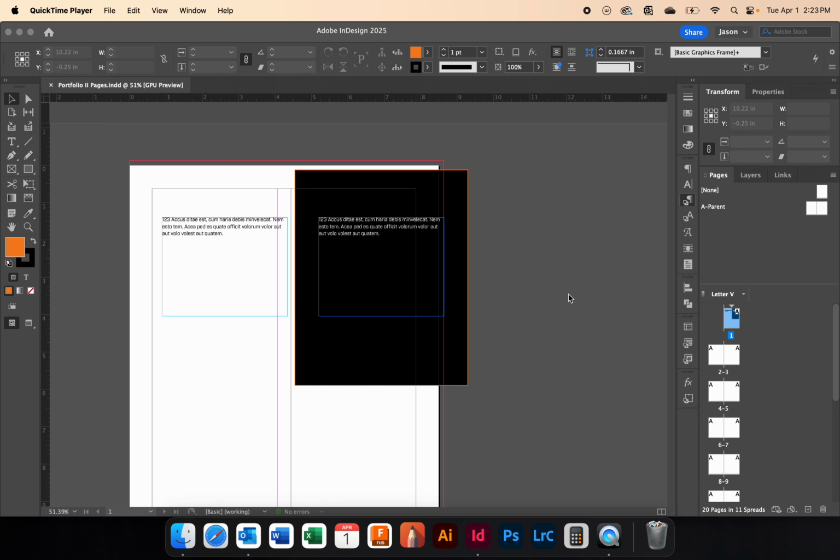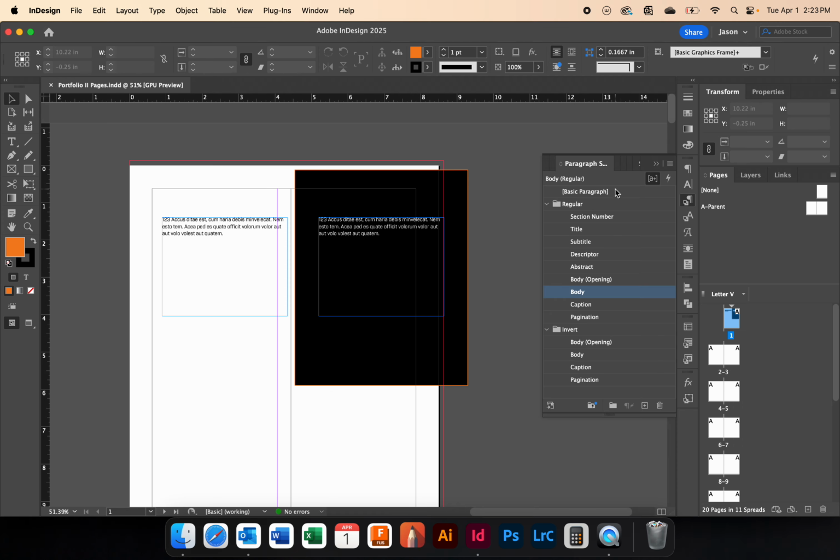All right, this is part 4 of the portfolio document creation, and we've just finished setting up all of our paragraph styles, which are going to define the way that our type looks. And we've also set up 2 of our character styles, the bold and bold italic. So the next thing we need to do before we start dropping in content, and again, I'll emphasize that